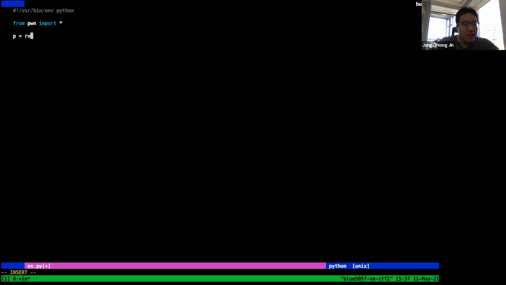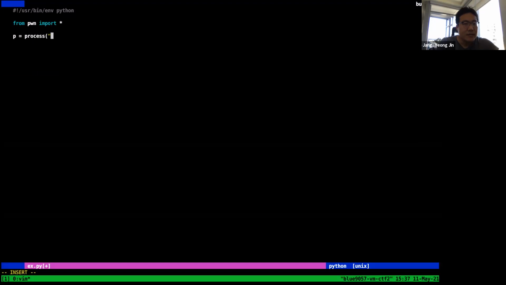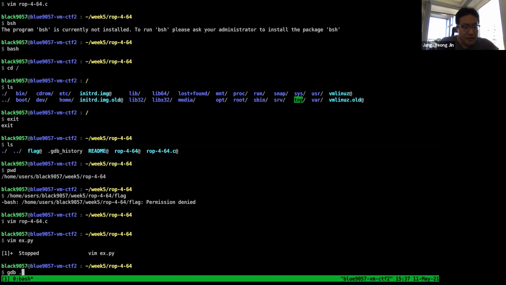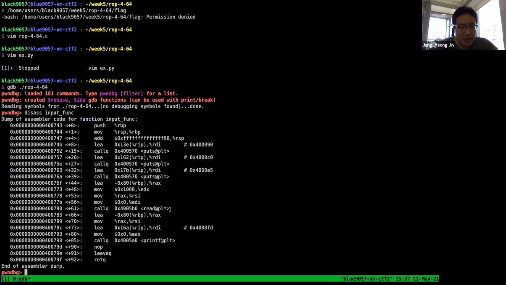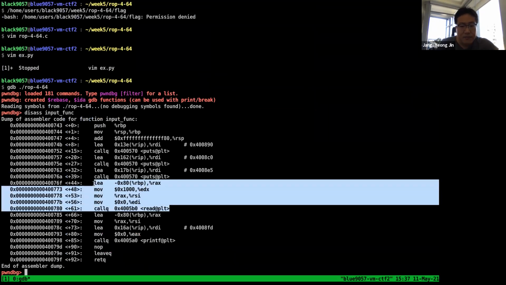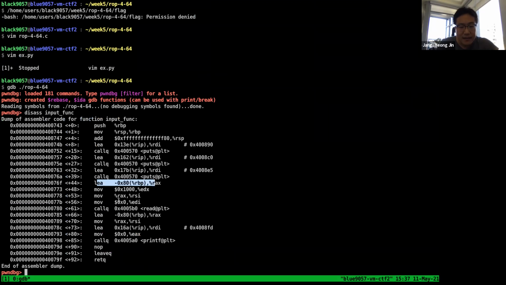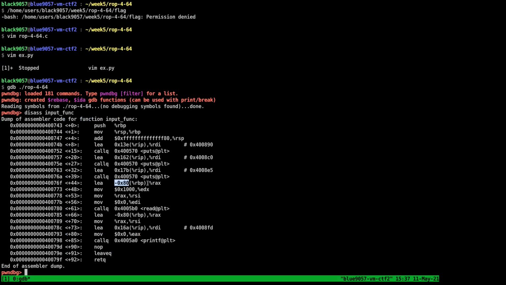So we will open the process rop-4-64, and then before exploiting the vulnerability, we need to check where the buffer is. So the buffer is at the RAX, which is coming from RSI, which is coming from RAX, and that is at